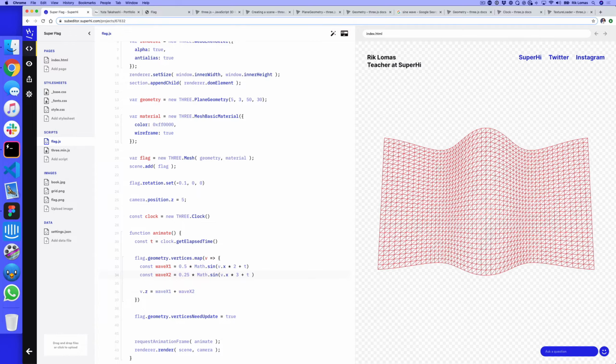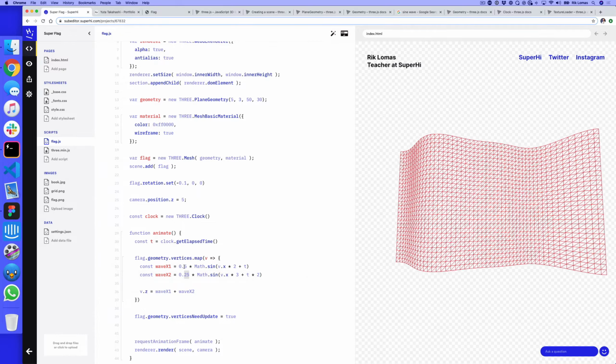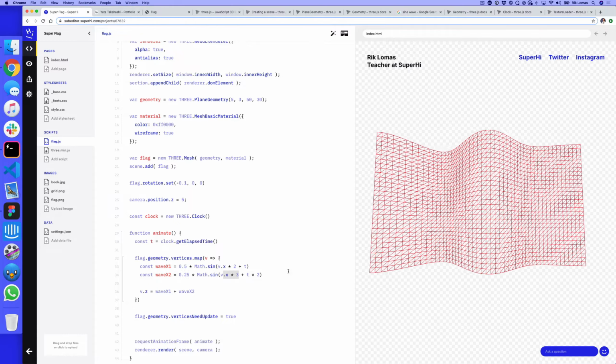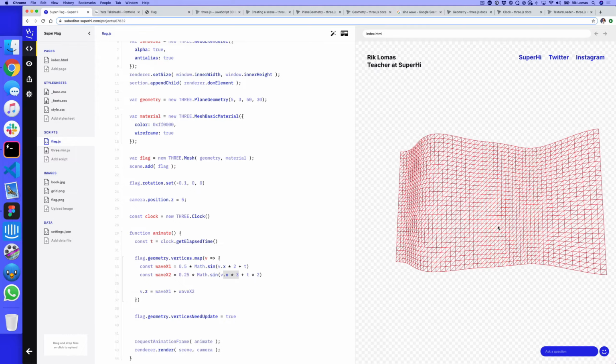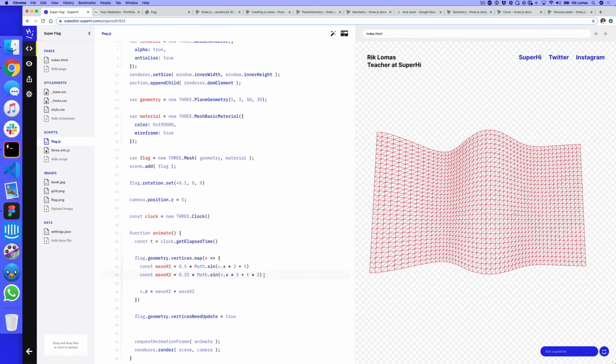Here, t times 2. So this miniature wave, this smaller wave, half as small as this one, runs on 3 in terms of the amplitude, and it moves twice as quick. So I have this more natural looking wave. I can also do this in the y direction as well. At the moment, I've done it on